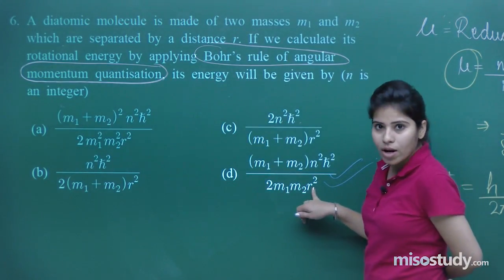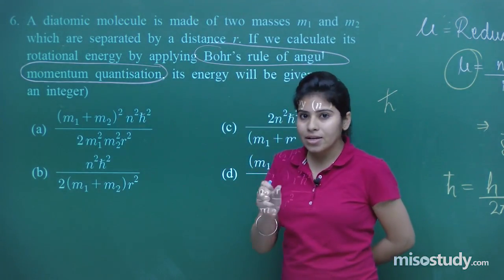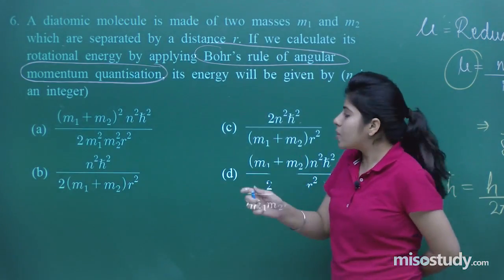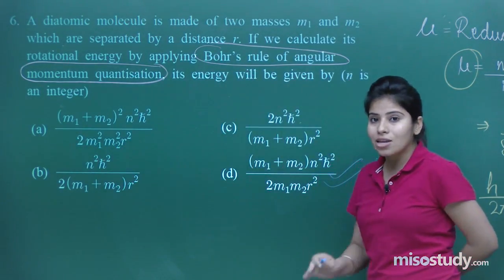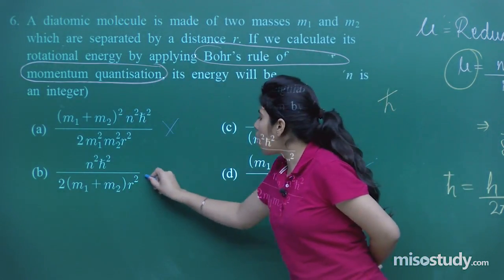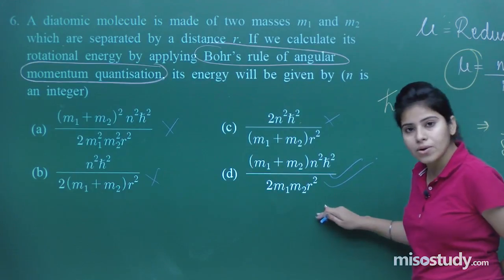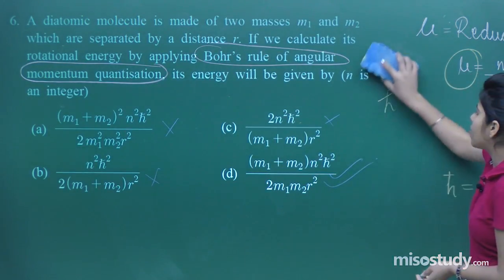m1 m2 r square. This option and this option are similar, you will be saying that these are visibly the same, but what is the difference? This is m1 square m2 square. So this cannot be the answer, this will all be neglected and this will be the correct answer. Okay. So now we will be moving towards the next question for the session,